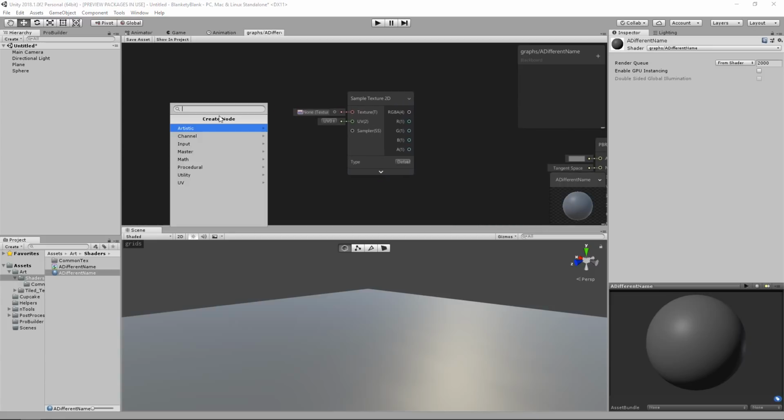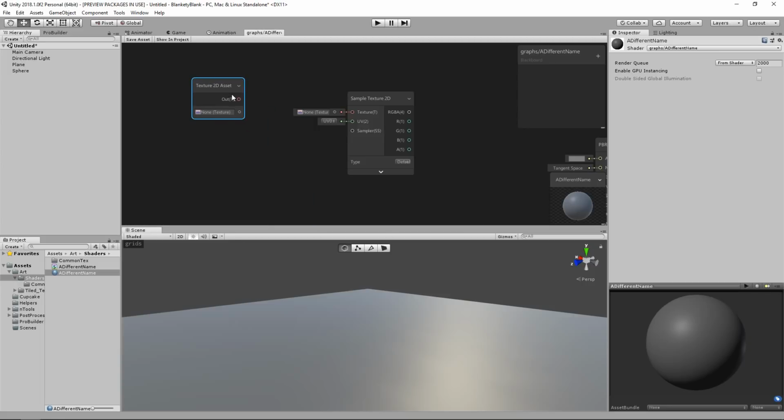But we want a texture 2D asset, and this one we can actually convert to a property. So now it's over here. We could, if we wanted to, delete this and that, and come here and do it this way. So we create the property first, let's say normal map, and we drag that into here. That's another way to do it. So either way,